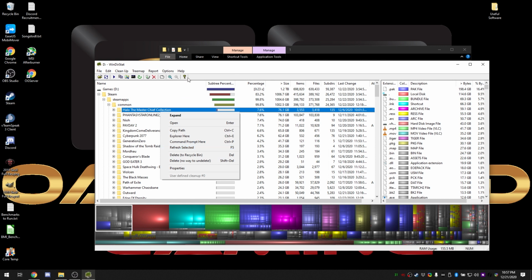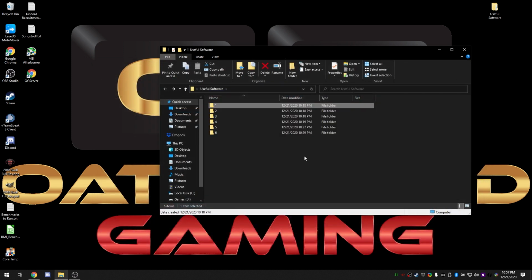I've never had any problems, but I would recommend if you uninstall like that, just doing a registry scan, because that's going to leave some things in the registry that you can have removed. Something like CCleaner, which is a useful piece of software as well, but it's not on this list because everyone pretty much knows about it. So okay, that's it for WinDirStat.